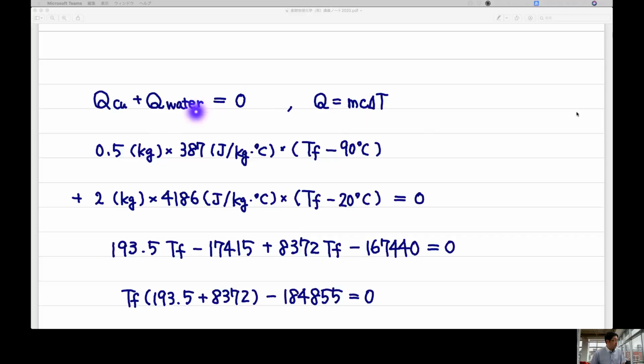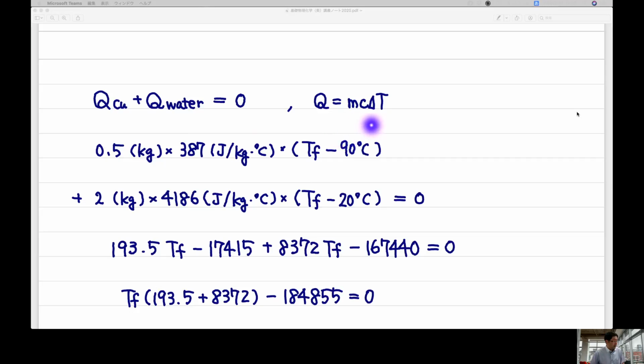The important thing is Q copper plus Q water equals 0. That means before and after the reaction, any heat cannot go away from the system. So if you determine the final temperature as TF,